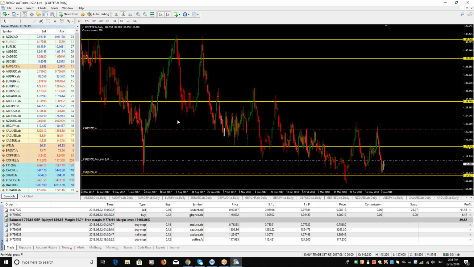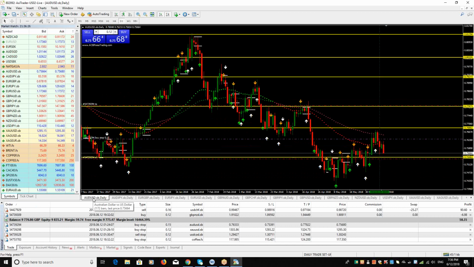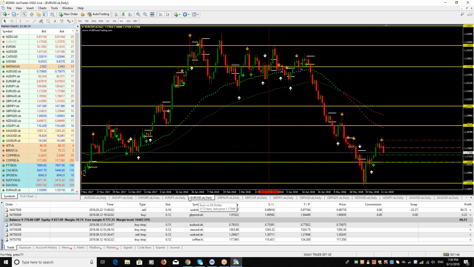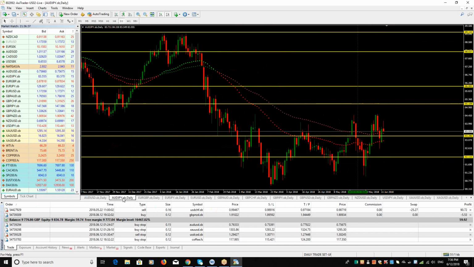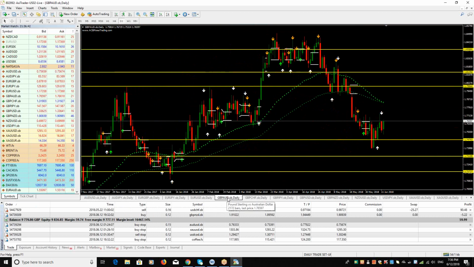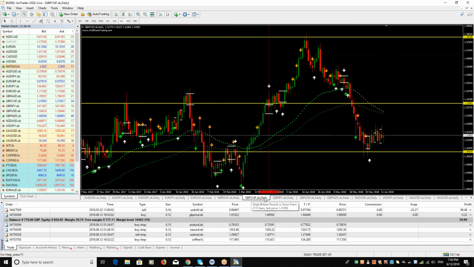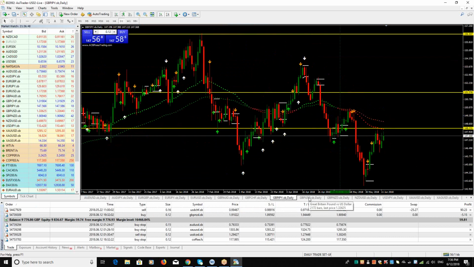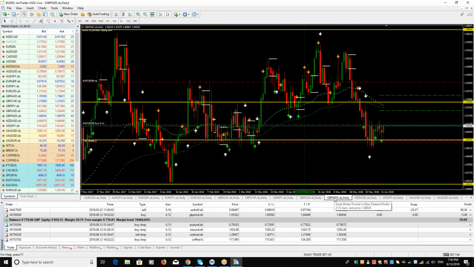The two markets that I would suggest that you trade as a starting point would be the Aussie USD, and also the Euro USD, those two markets, because those two markets move a lot. So I trade these two markets,